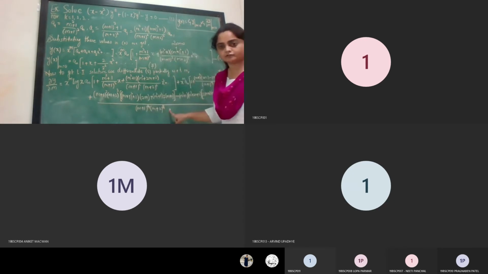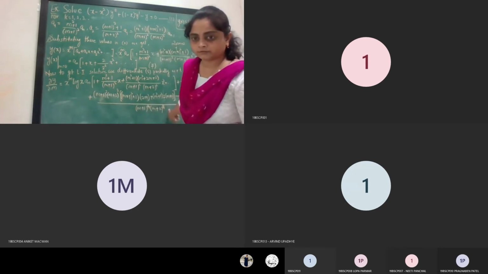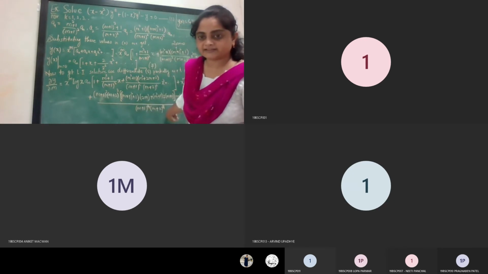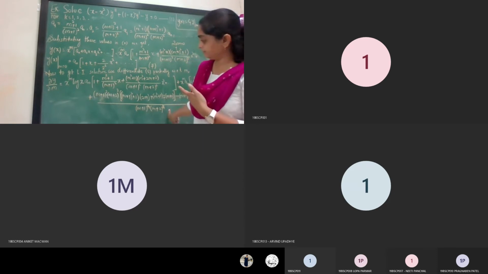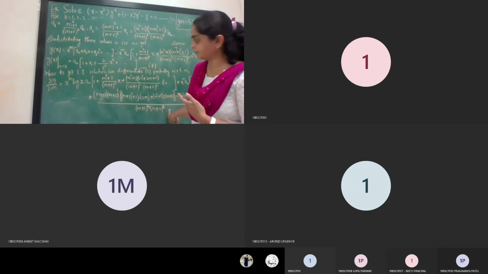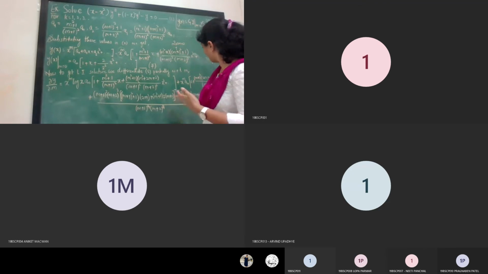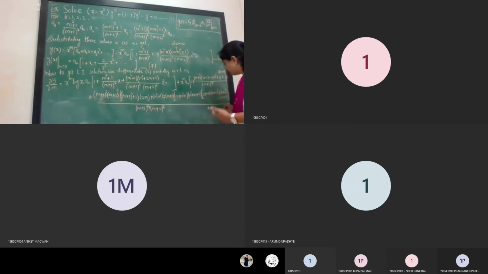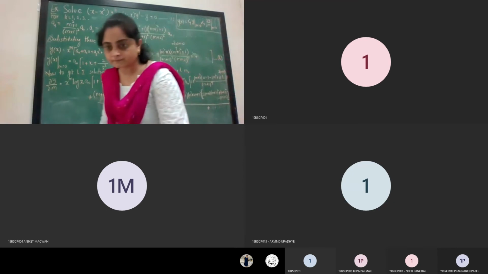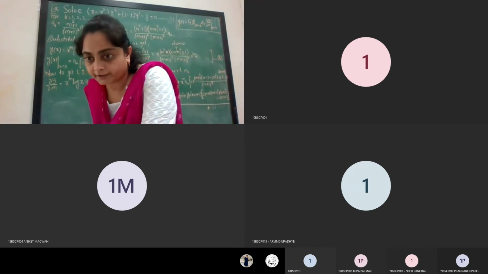Is this step clear to all of you? Please give me the answer in the chat box on how this partial derivative has been done. Is this clear to all of you or not? Of course, this is with the plus dot dot dot sign. Okay, fine, very good.